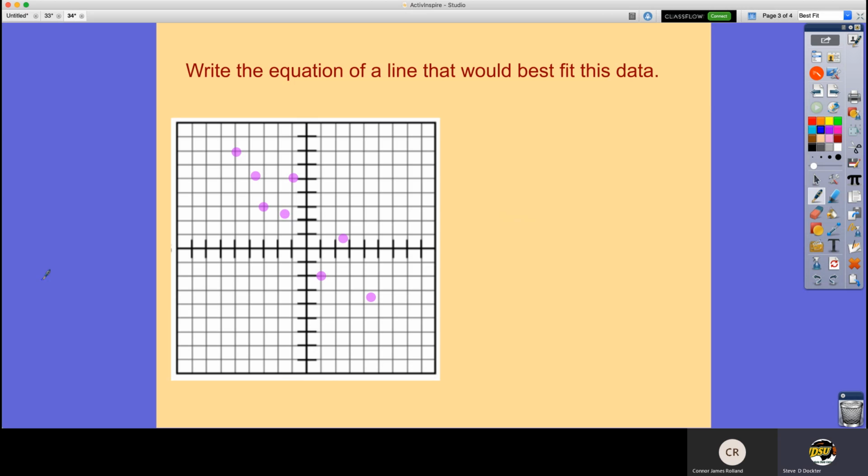And then today what we're going to do is we are not going to find the exact equation. There is a way when we know a whole bunch of data points of finding exactly what the equation would be. That's going to be a different day. But what we are going to do is we're going to be able to find